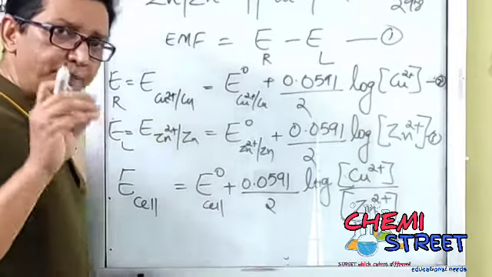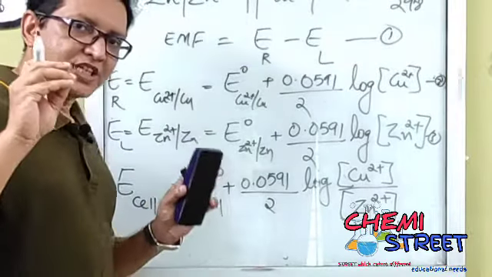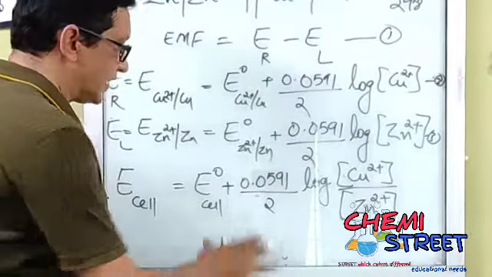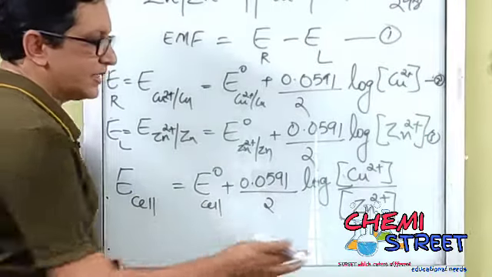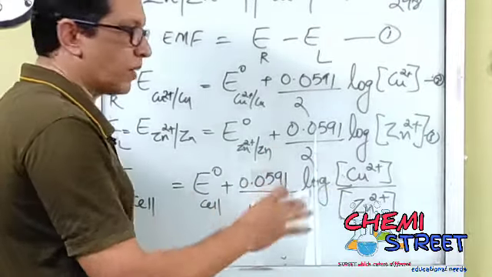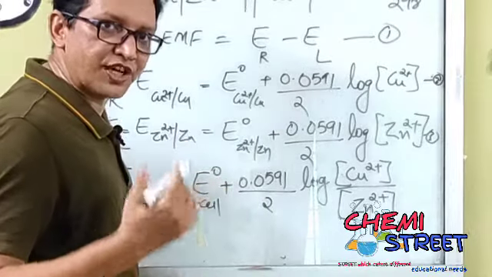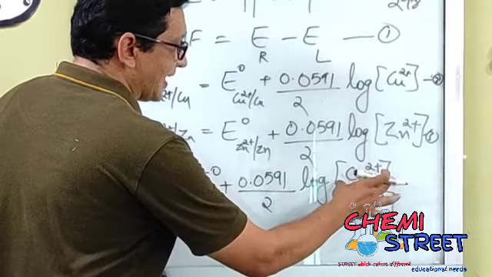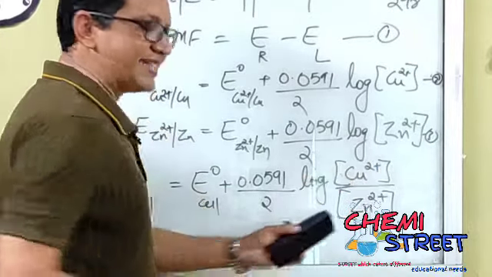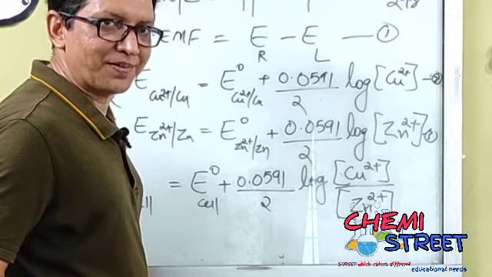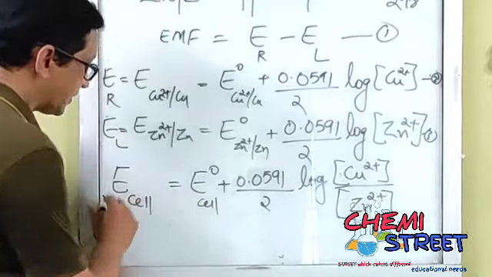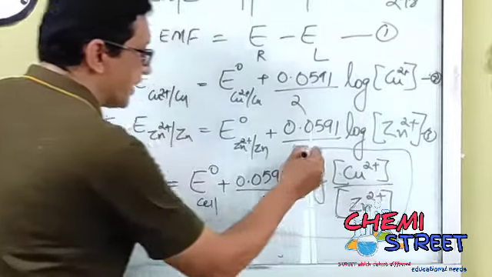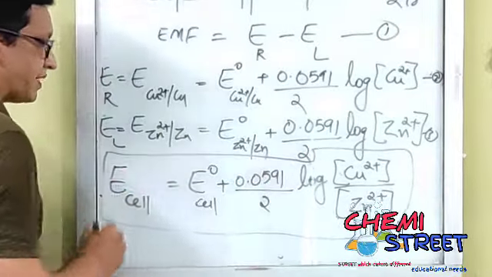But anyway, one important thing you have to remember is that you study just one equation, where the reduced part comes at the top. In the case of Daniell cell, which is the reduced part? The copper ion is the reduced part and zinc is the oxidized part. Got it? So this particular thing you have to remember. This is very important from your examination point of view.